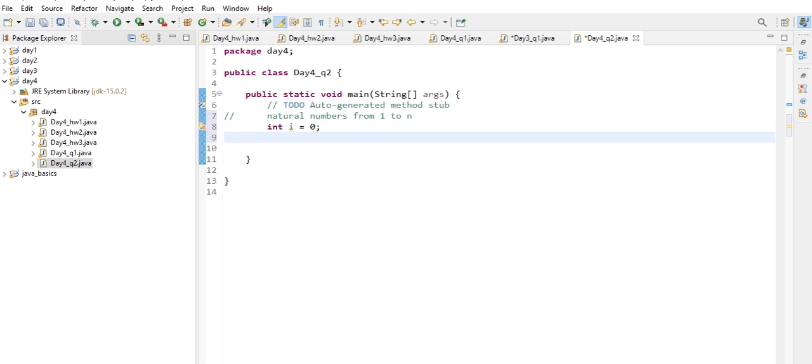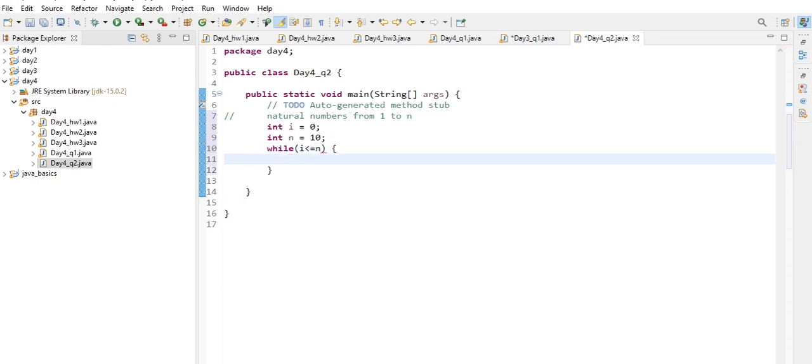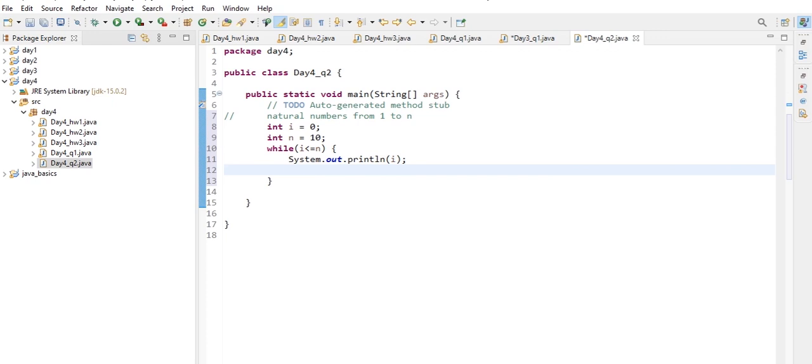Let's initialize i to 0, and let's declare another variable n of integer data type, and let's initialize it as 10. And now let's write our while loop condition, that is while i is less than or equal to n, we are printing out i, and we have to increment i with 1, like i plus plus, and let's execute the program.